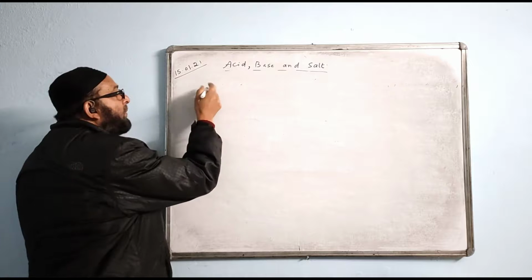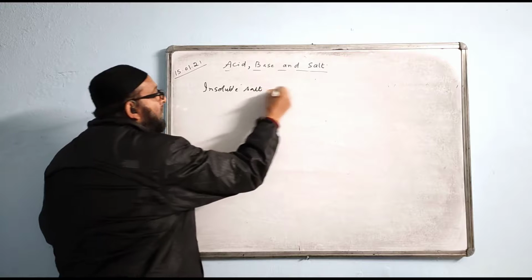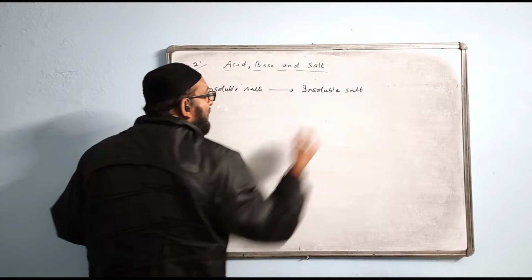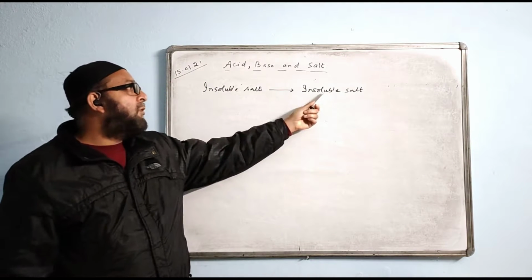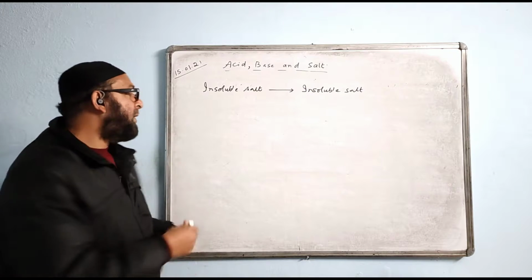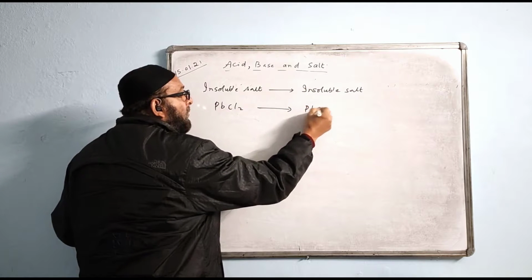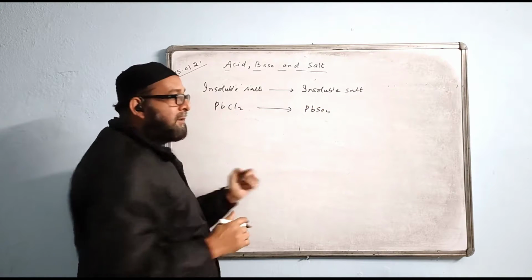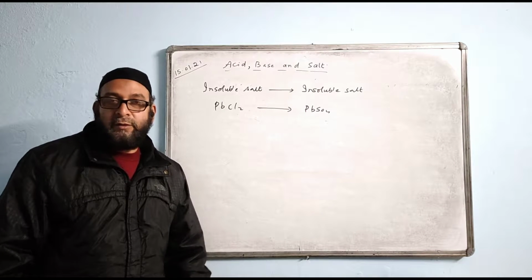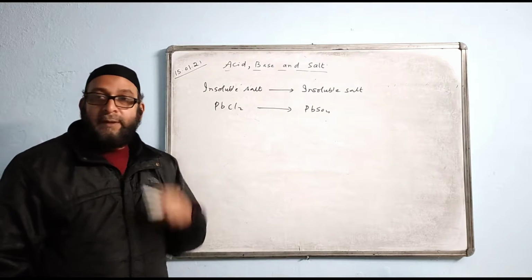Today you learn this: how do we change an insoluble salt into another insoluble salt? If they ask you to make an insoluble salt from an insoluble salt, let us see how. Suppose they say convert PbCl2 into PbSO4. From PbCl2 we want to make PbSO4. They have given you where to start, in the question, and you want to make another insoluble salt. How will you make it?